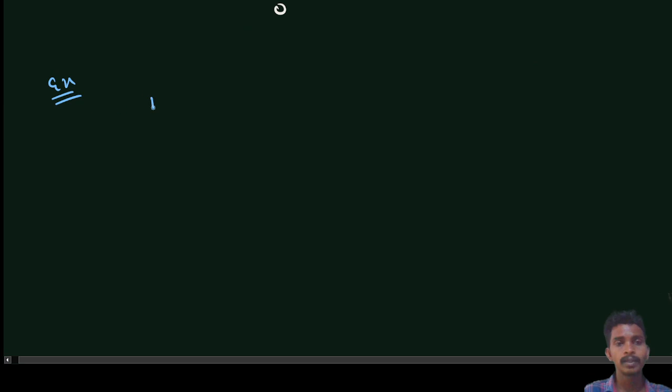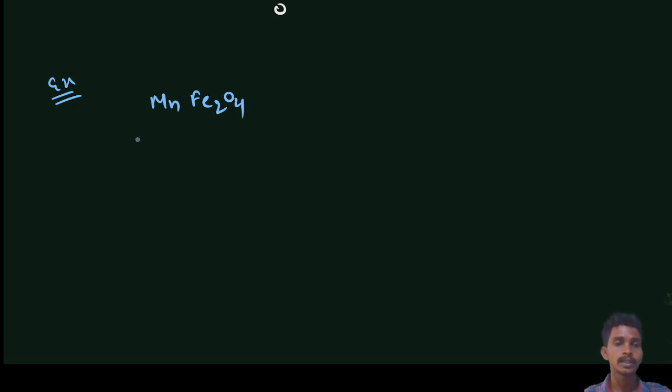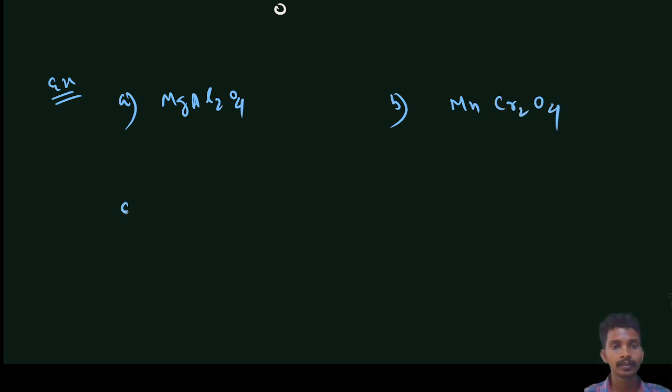The first example is, let's say, we have manganese Fe2O4. Now we want to check whether it is a normal spinel or an inverse spinel. How will you check? We will not take this example. Let's take MgAl2O4. This is example 1, and we have examples like MnCr2O4,